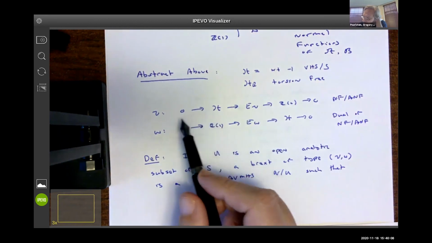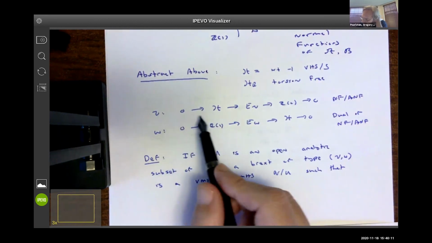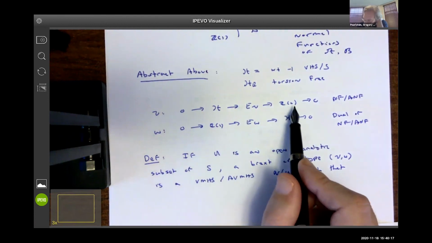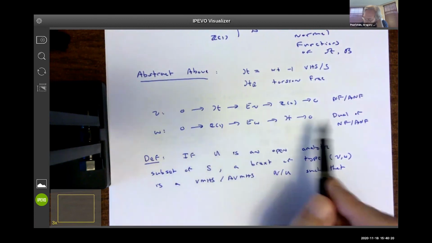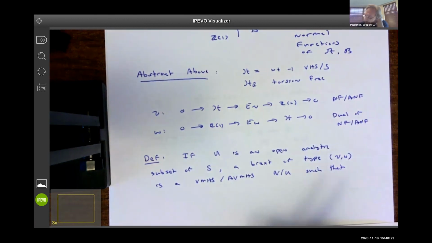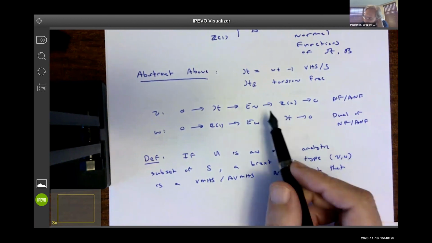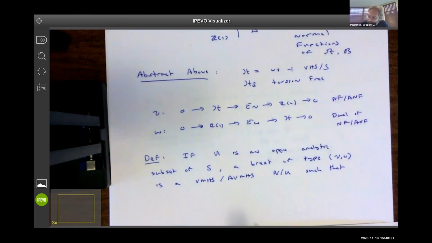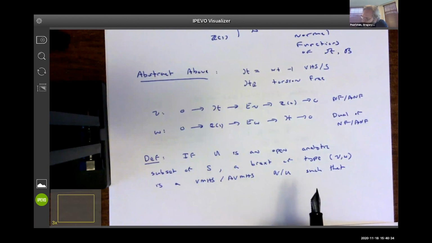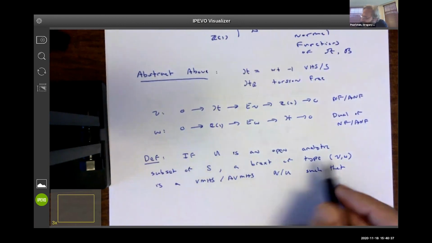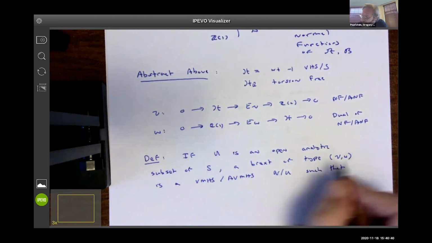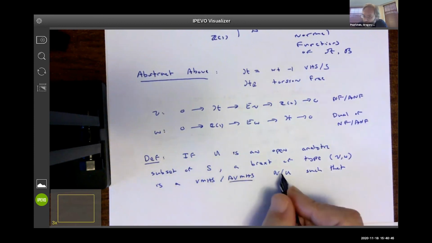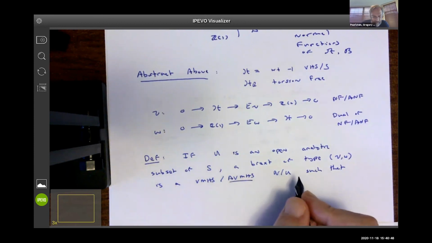Okay, so the nu corresponds to a short exact sequence of the category of variations of mixed Hodge structure. W also corresponds to one of these short exact sequences. And so at some point you have to prove some gluing lemma that says that you can glue these two things together. But the definition is, if U is an open analytic subset of S, then a bi-extension of type nu omega is a variation of mixed Hodge structure, and later on we will require it to be admissible, of V over U, such that